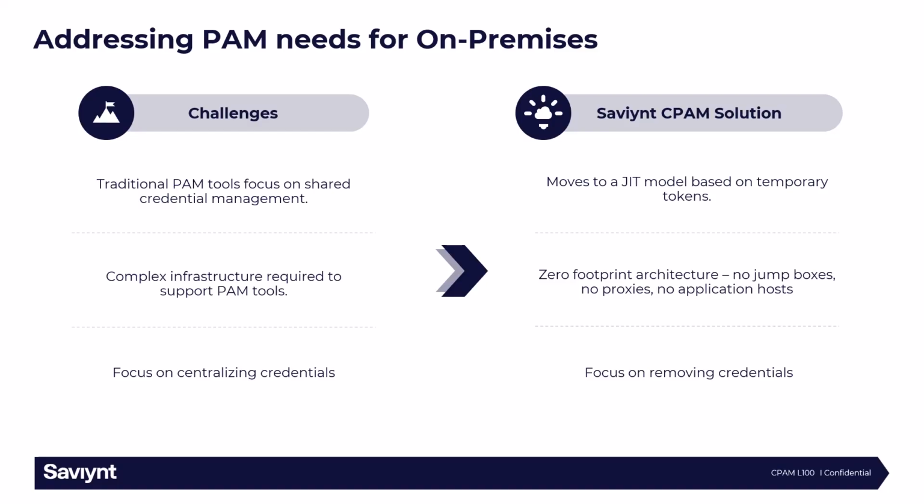Complex infrastructure required to support PAM tools can be a challenge with the other PAM solutions in the market, but the Saviynt PAM solution provides a zero-footprint architecture, which means users do not need any additional jump box or proxies or any application host or Bastion host to be able to connect to the target. Saviynt provides a zero-footprint architecture, so the user does not need any additional infrastructure or tools to connect to the